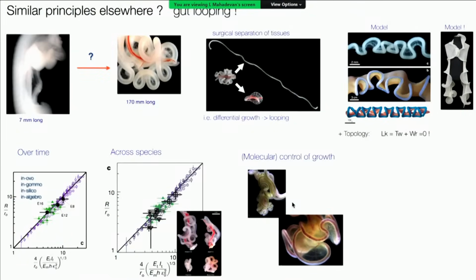And then you can go back and ask, as I said, it's not enough to just focus on what happens on the large scale. You have to ask what controls relative growth. And it turns out that you can essentially vary the amount of growth between the mesentery and the gut. When you do that, for example, if you have much stronger differential growth, you get much tighter patterns, and with much weaker differential growth, the mesentery is actually able to keep up with the gut, and you get much coarser patterns